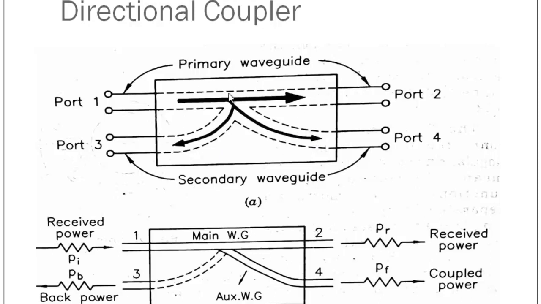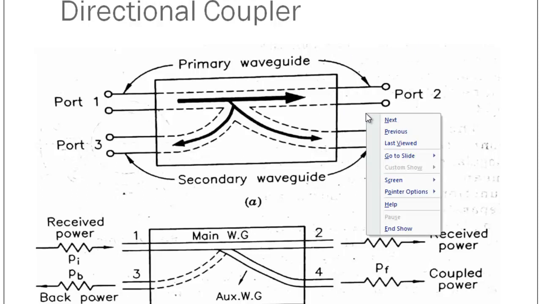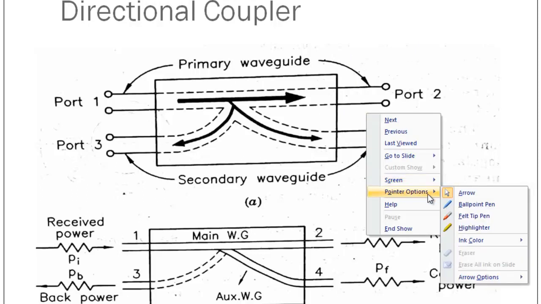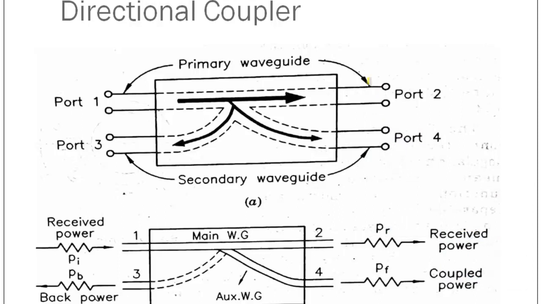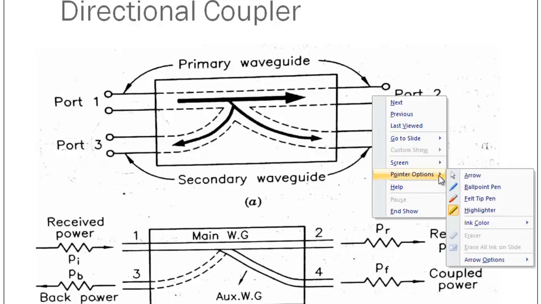But when we are dealing with the bidirectional coupler, that means in that particular case we will apply a power from port number 1 as well as at the port number 2. So the operation will be the reverse. That means when any signal is applied at port number 2,